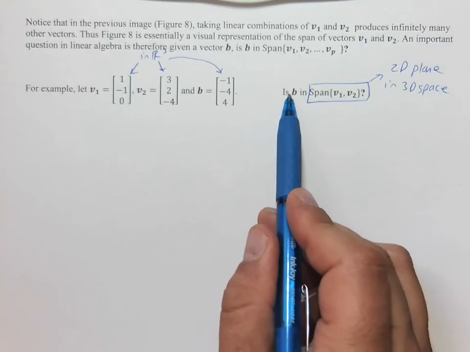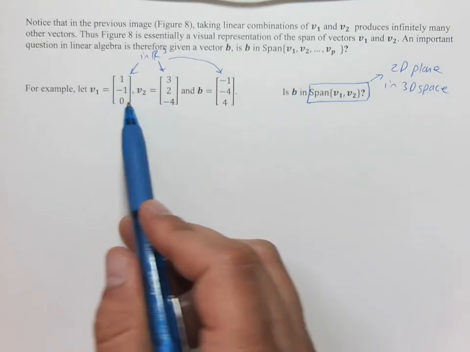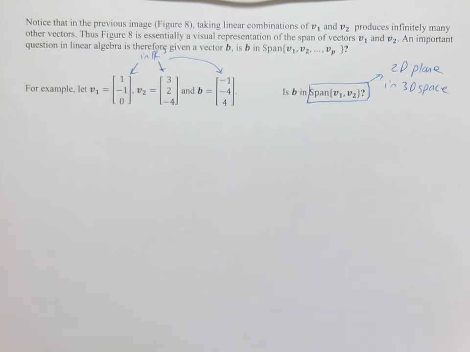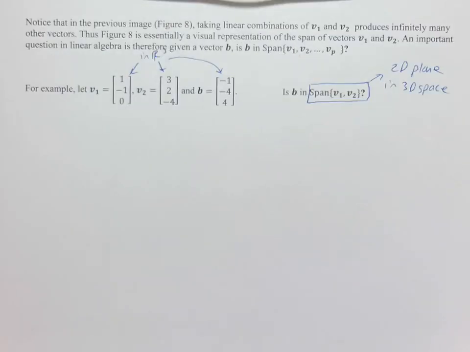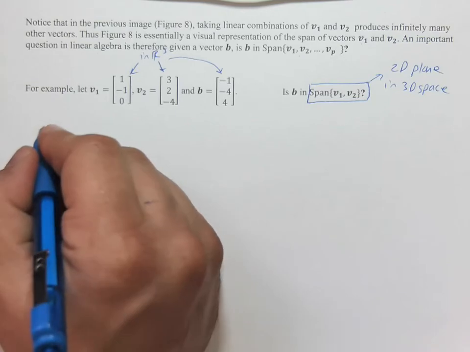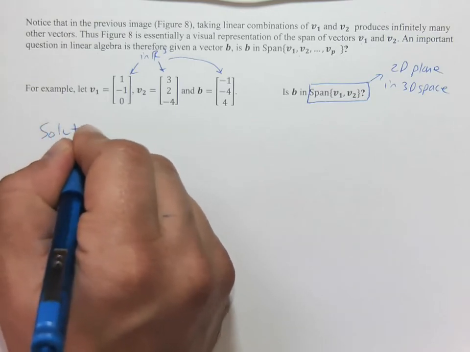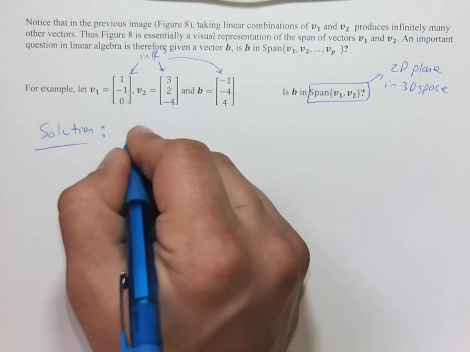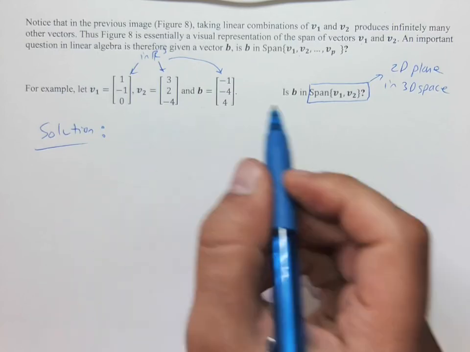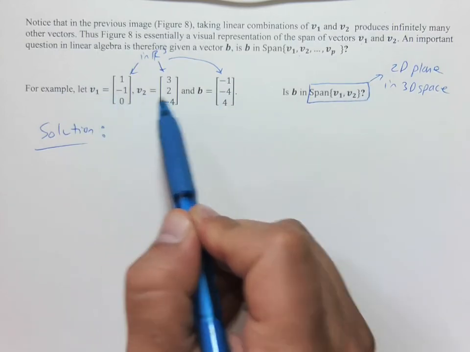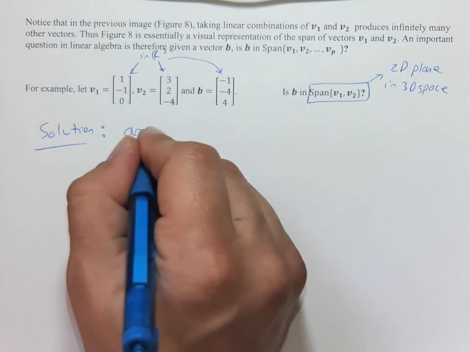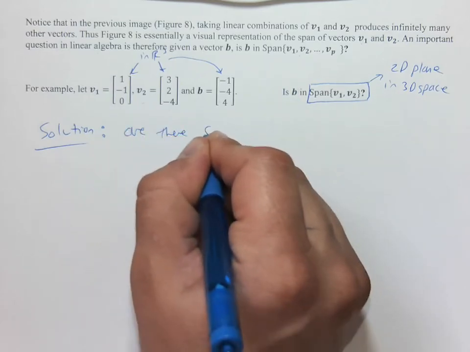And so if we want to know, and let's even pretend that this is our A and our B. So if we want to know if this B is in the span of the other two, like I said a second ago, the question is, is that vector on that piece of paper somewhere? Well, algebraically, the way we think about that, I'll write down the solution. We want to think about, are there scalars that we can multiply these two things by such that we add them together and get B? Right? So are there scalars,